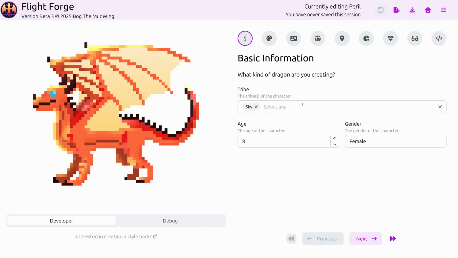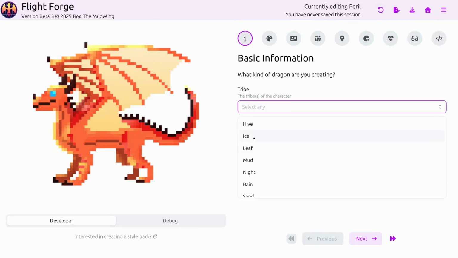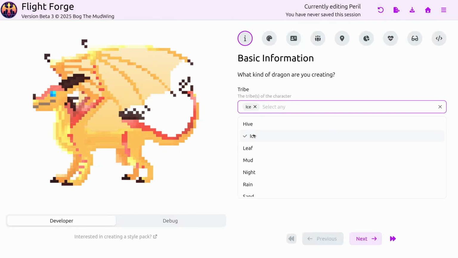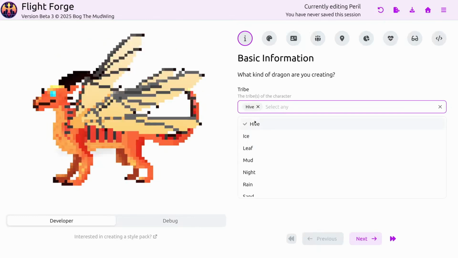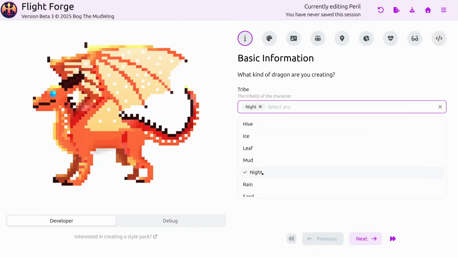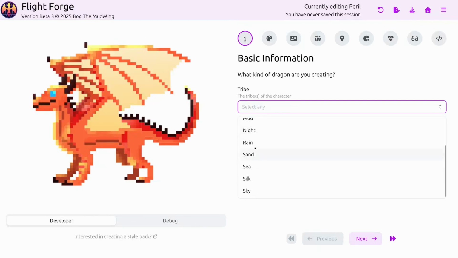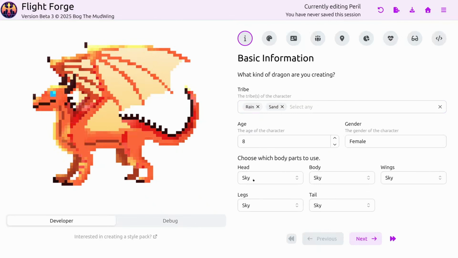So we can go ahead and select a tribe here. Right now, we have Peril open here, which is included by default, but we can select whatever we want here. Like, here's Peril as an Ice Wing, here's Peril as a Leaf Wing, as a Hive Wing, as a Nightwing. Yeah, and you can even do hybrids, like maybe we want a Rain Sand hybrid. You can see, oops, that's a bug. Okay, well, it's not supposed to say sky,